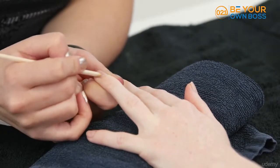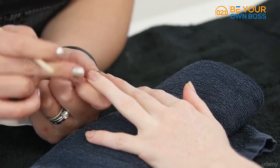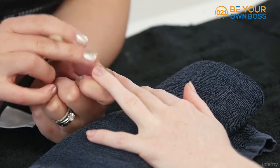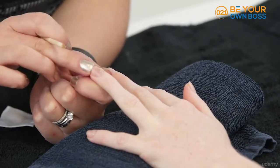Also come across a few little chips in the nail like such. Just don't worry too much about that because the gel is going to go on top and actually strengthen that. If you remove it, it'll cut into the